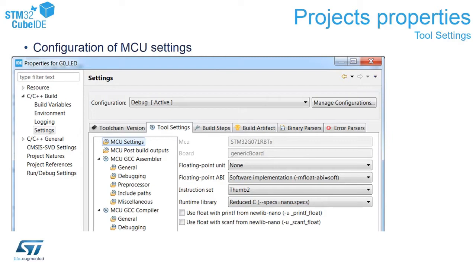You can select, for example, Nano library, which is much smaller and will not increase the code of your project drastically. So this is the MCU settings.